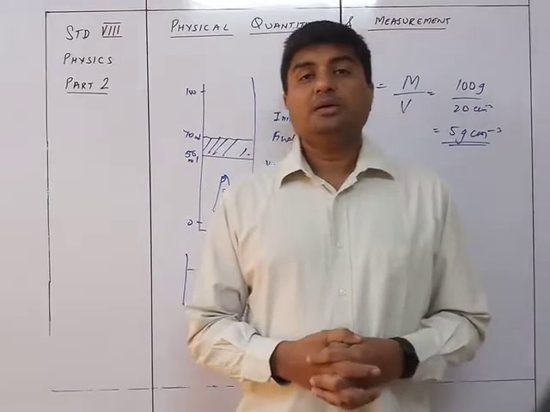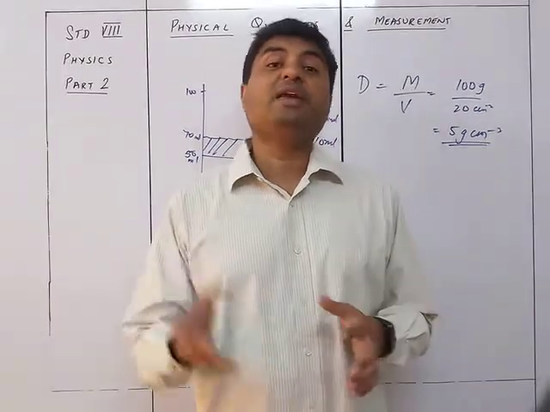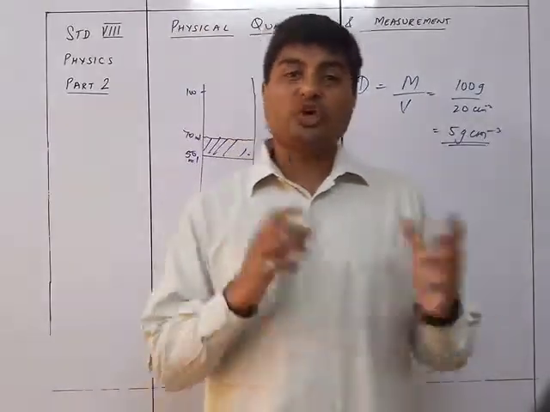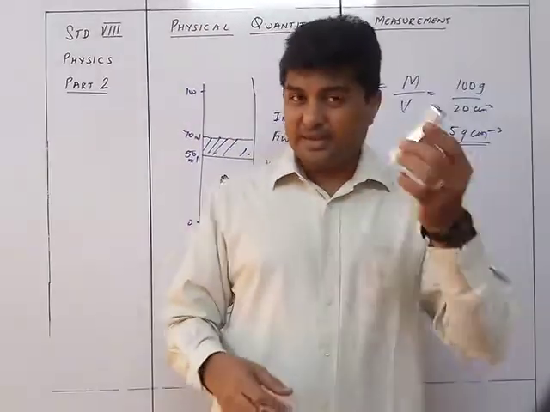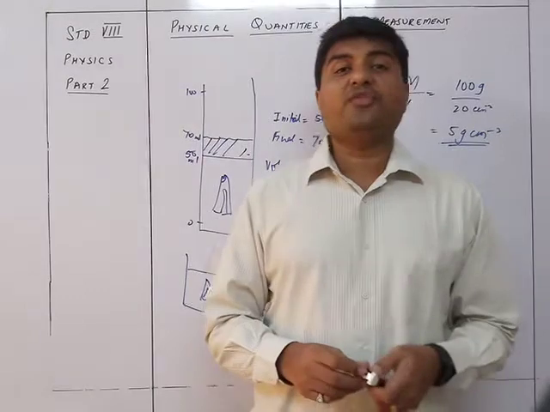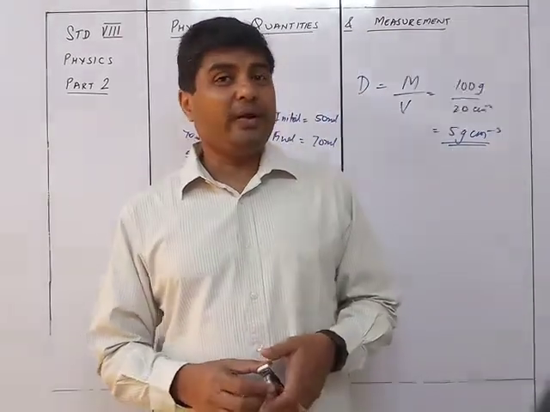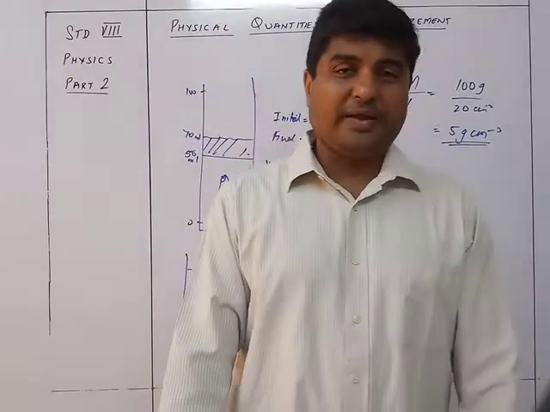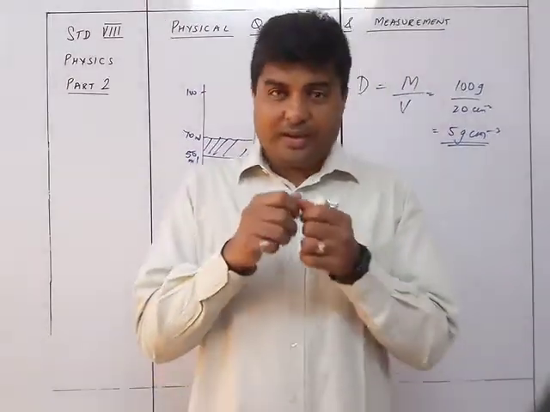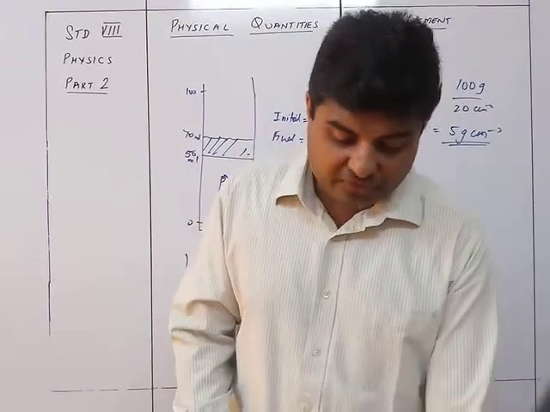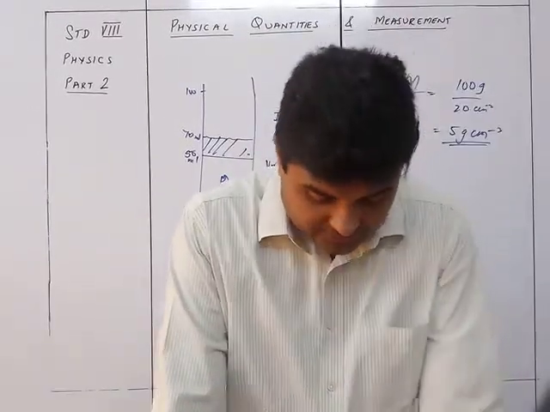Next is, suppose I want to find out the density of a liquid. See, until now, what did we do? We found the density of solid material, which we could put in water and so on. Now I want to find out the density of a liquid. Now liquid doesn't have a fixed volume, means I cannot use a measuring cylinder like that. We can't measure length and breadth like that. So definitely it's going to be different. Let's see how we do this.